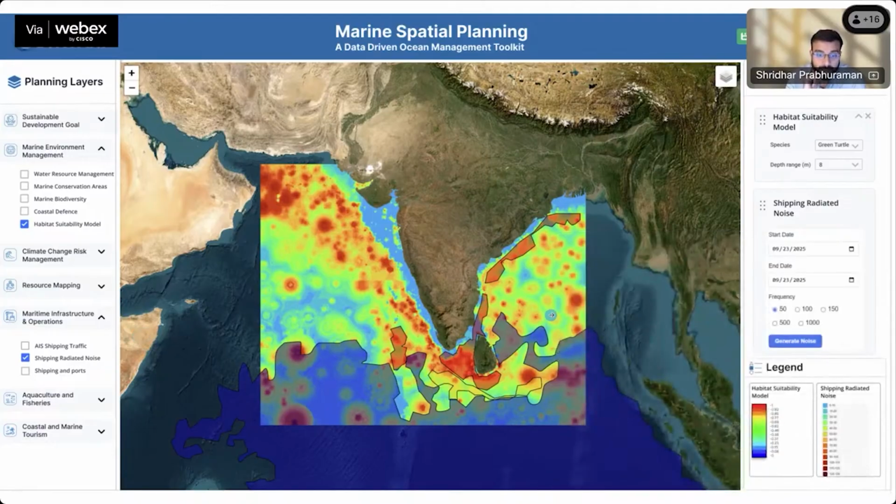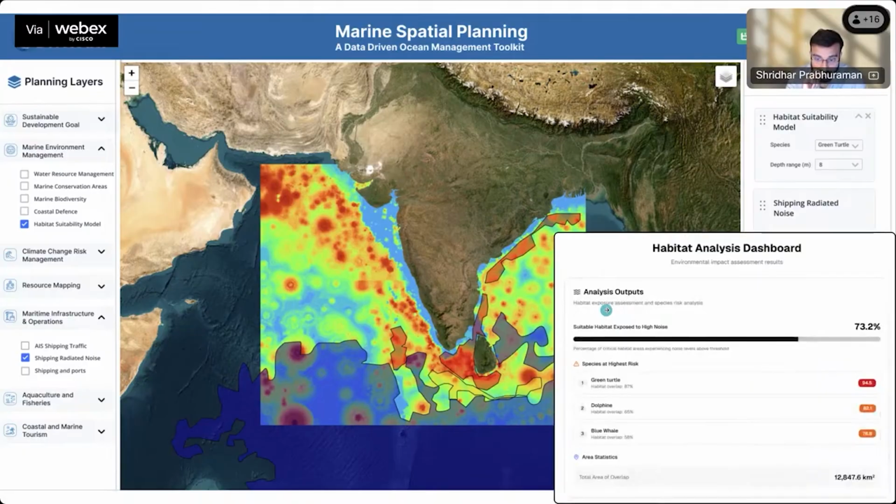Yeah. And what we're trying to look at here essentially is not just about showcasing the habitat at that particular instant, but also being able to identify the migratory patterns of the species. Right now we're looking at green turtles, blue whales, and dolphins. And what is the migratory pattern with respect to different seasons? What is the migratory pattern with respect to different environmental parameters? And how that helps us to identify all the projects, all the economic projects that we are taking up.